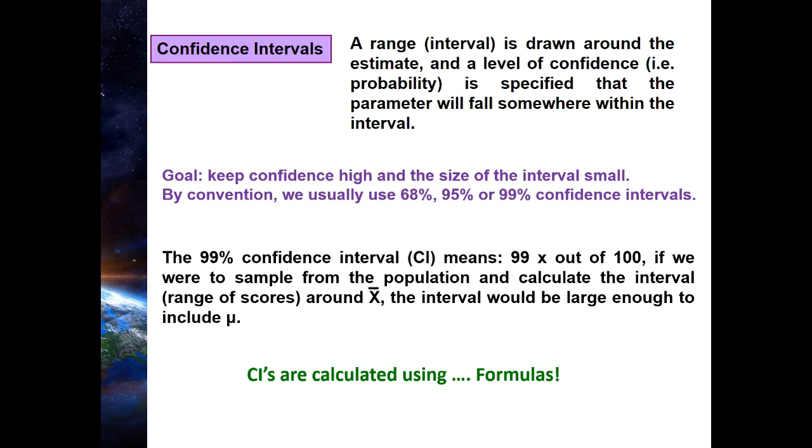Now, a word of caution. Do not say this or explain a confidence interval this way. If I ask you to explain the 99% confidence interval, do not say, I'm 99% sure that I got it right. Or I'm 95% sure that mu is in this interval somewhere. If you say, I'm sure, 95%, I'm sure, then what you're not doing